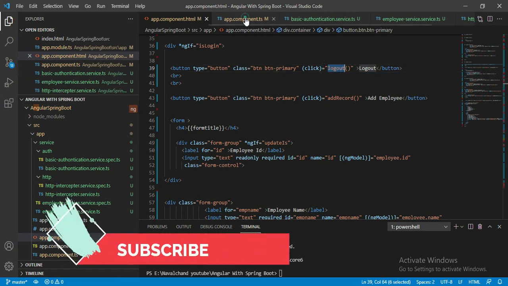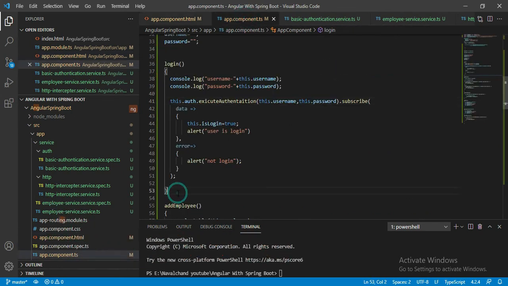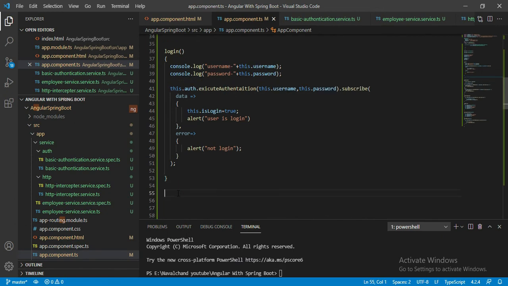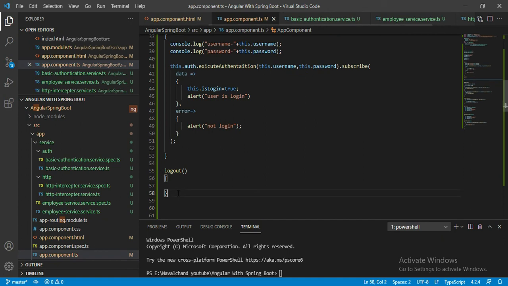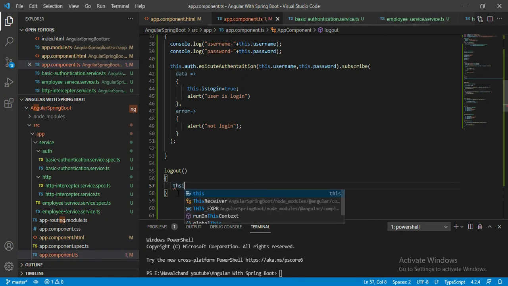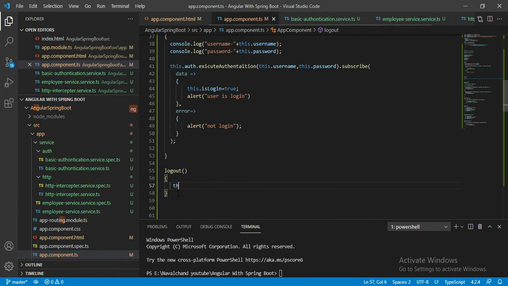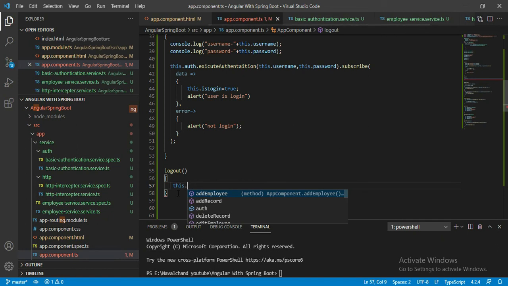Create a method, logout method. I have to create this method. After login, I'll create here logout method. When we perform a logout, at that time our session should be cleared. That's why I'll use this dot auth dot.